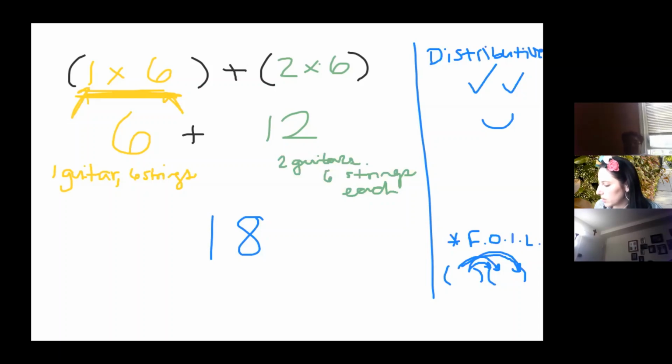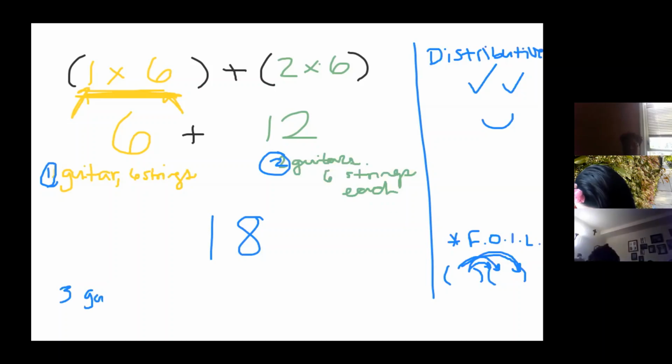And so, this 1 times 6 represented 1 guitar. The 2 times 6, 2 guitars. When we add it together, 1 plus 2 is 3 guitars, right? That's where originally I had gotten,